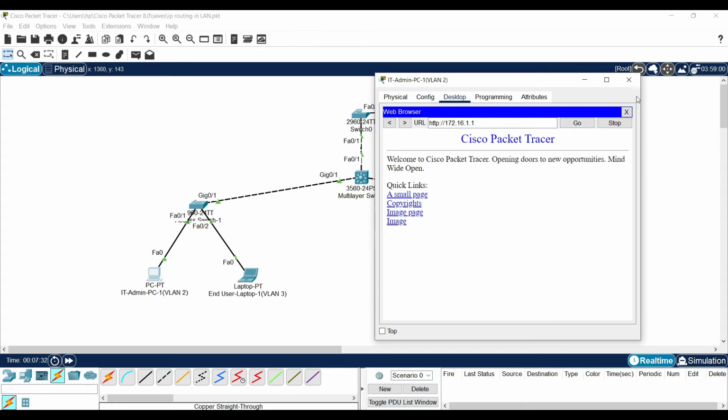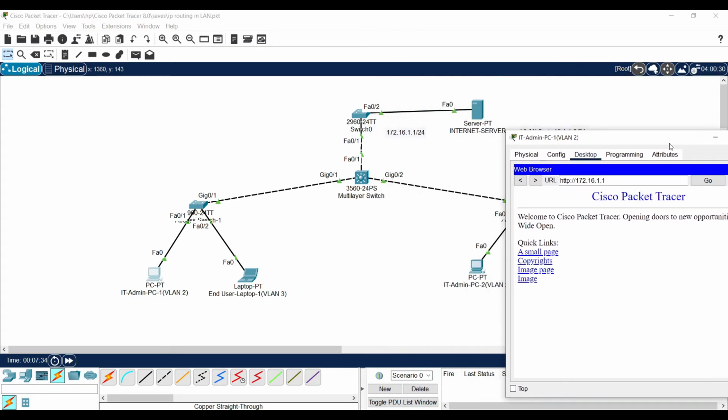And it is reachable. When you give the web request from this machine, it travels through the network and finally brings the update from the server.